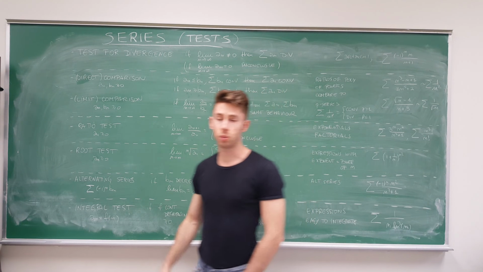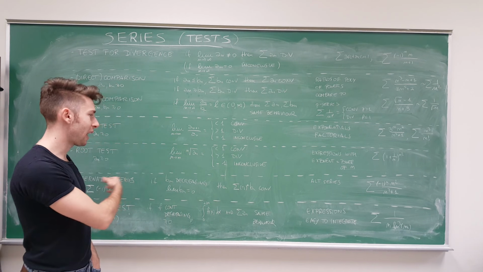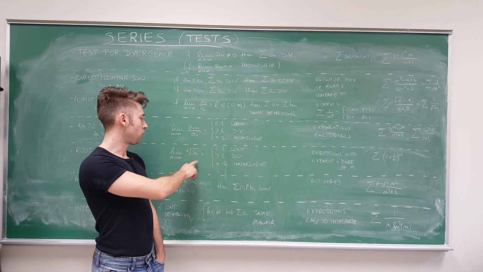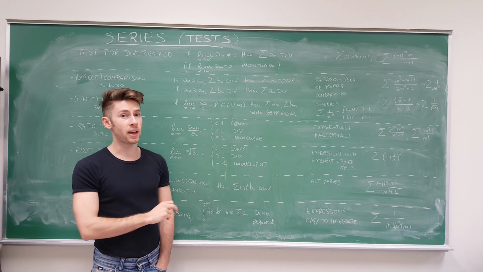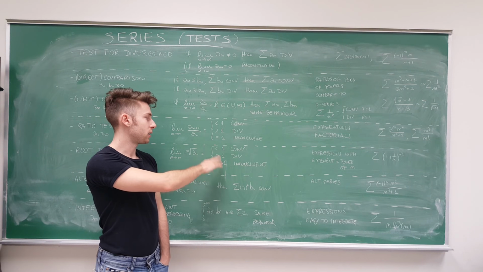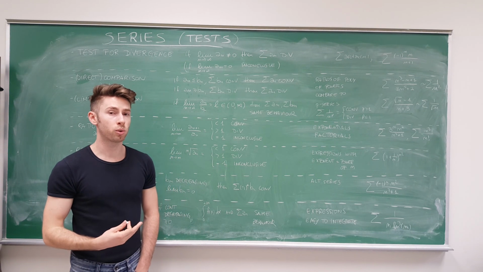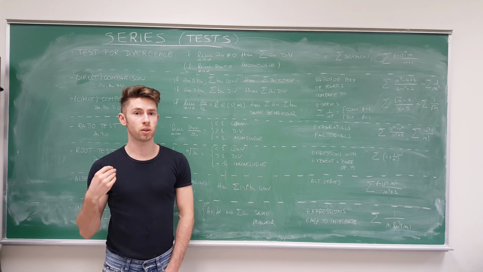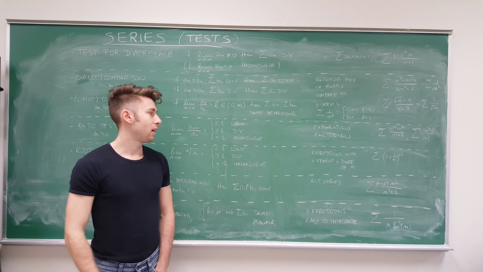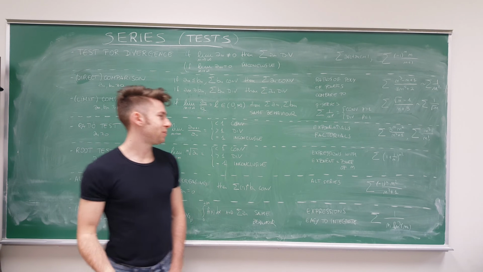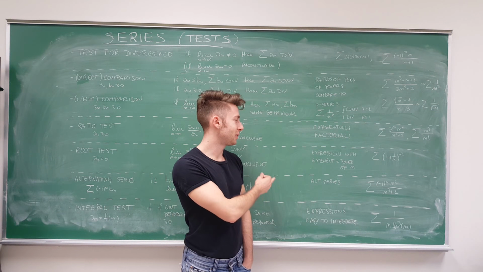Then we have the root test, which is in the same spirit. This is less used, but you will compute the limit of the nth root of a_n, and then according to whether this is less than, greater than, or equal to 1, you will have convergence, divergence, or nothing. So when to use it, I don't know. There's not